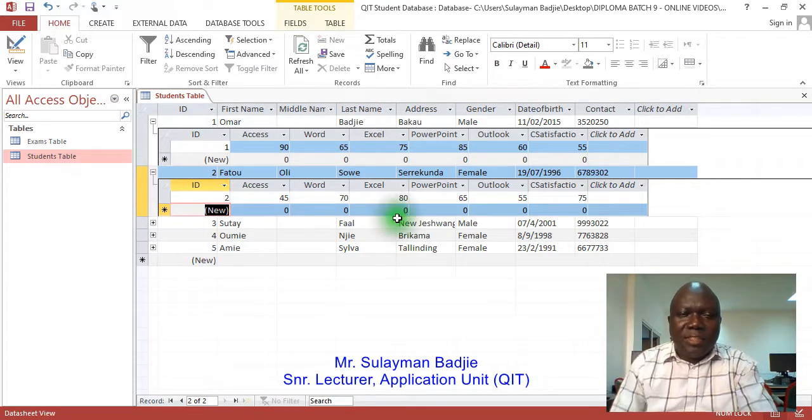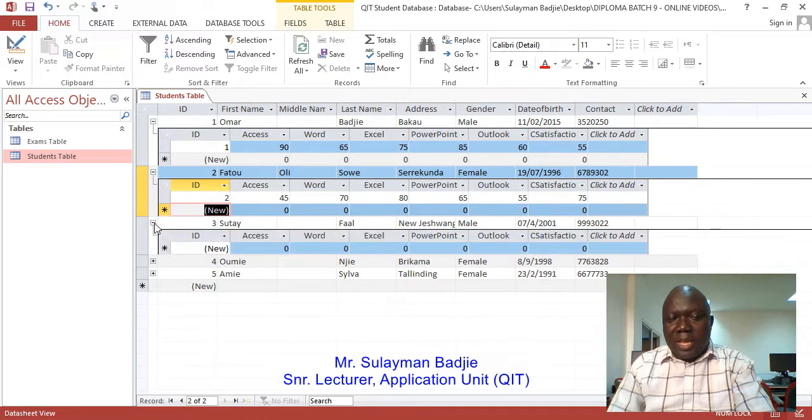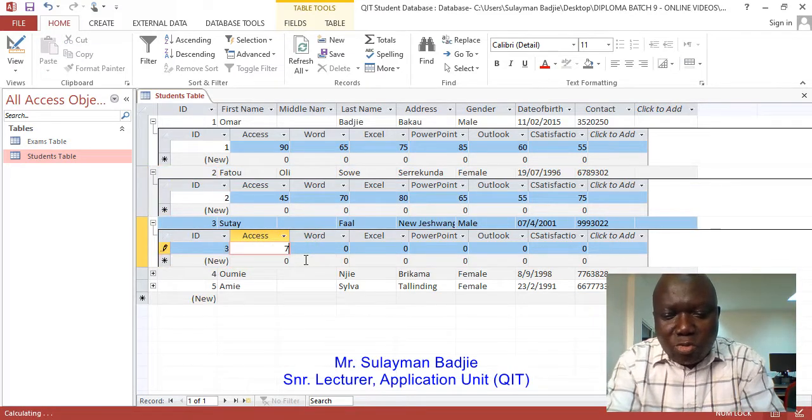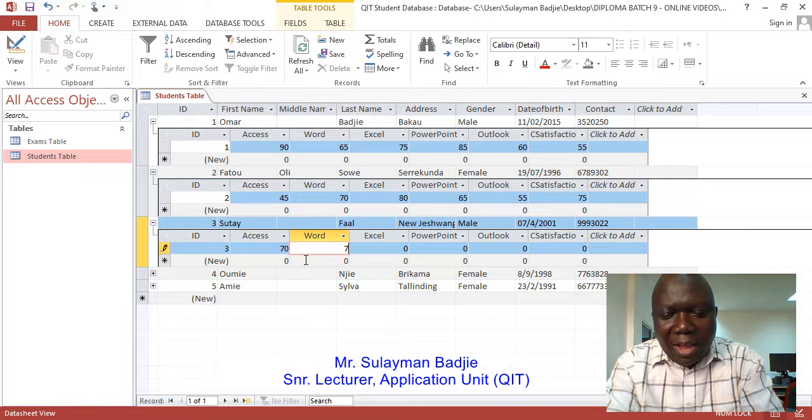So you can see that this is also the data for Fatu on all the exams he has taken on all the modules. So we're going to Sute. You click on the plus sign on the Sute for Sute's exams. So Sute scored 70. He scored 75.